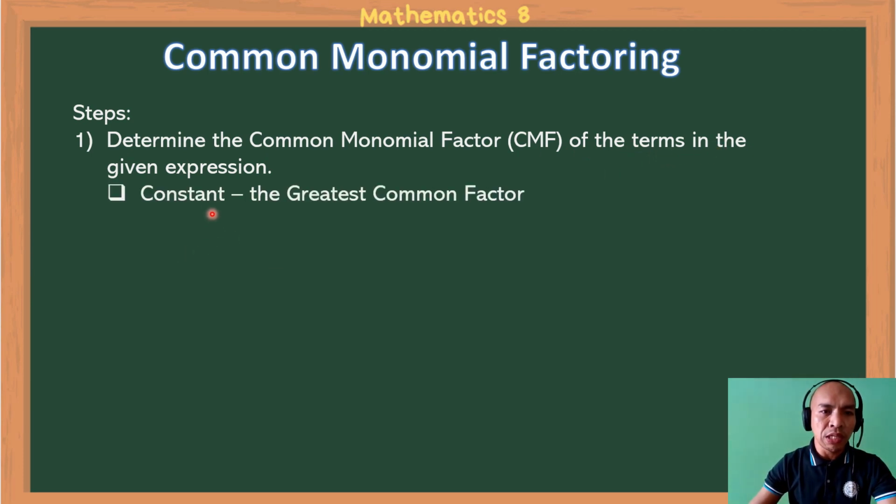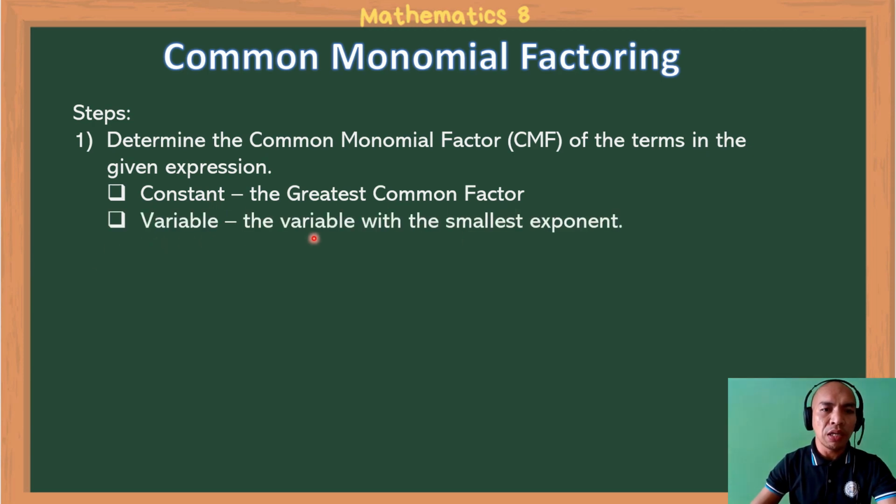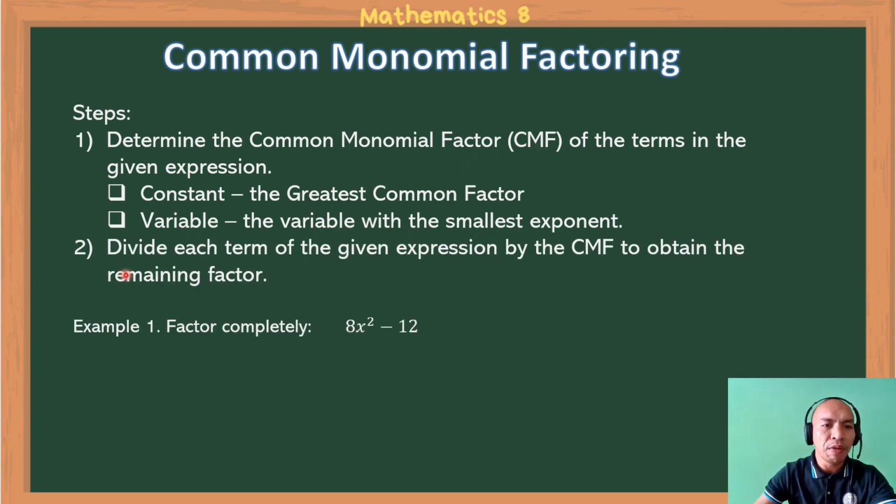For the constant, of course, this is the greatest common factor. For the variable, to have the common monomial factor, this is the common variable with the smallest exponent. After which, we're going to divide each term of the given expression by the common monomial factor to obtain the remaining factor. So for example,